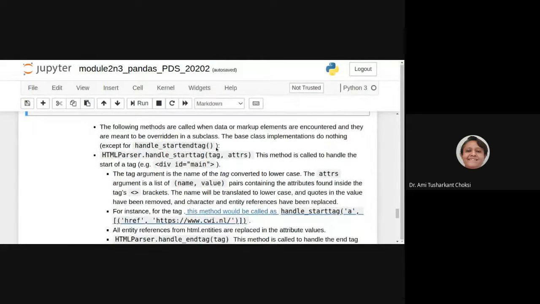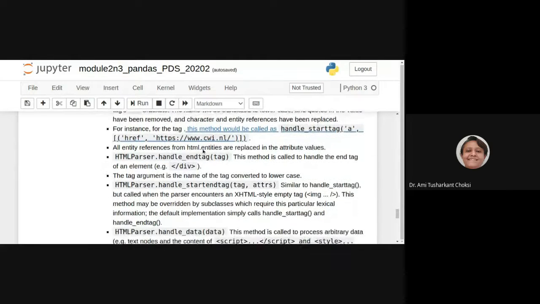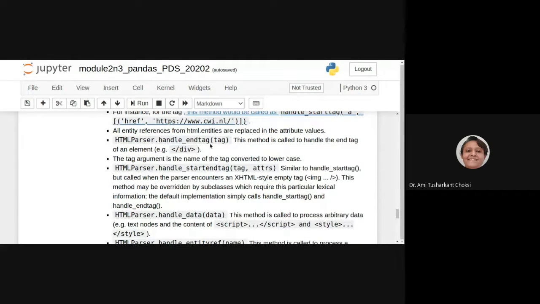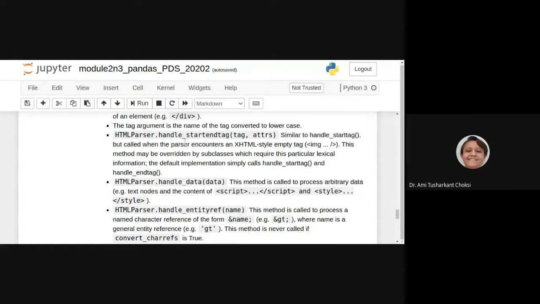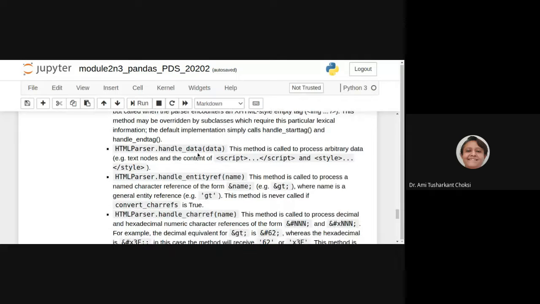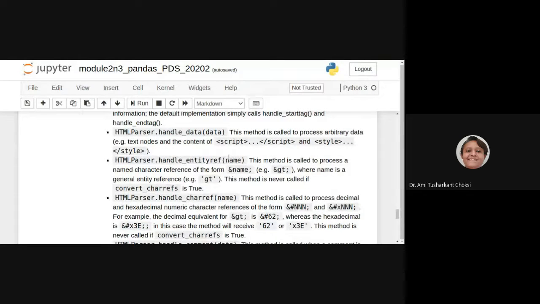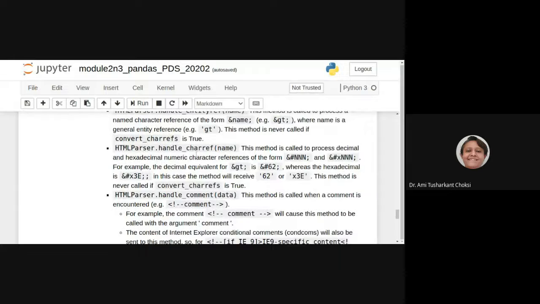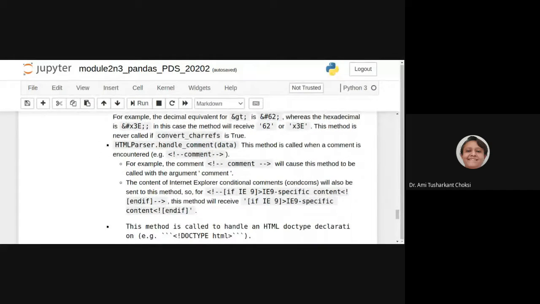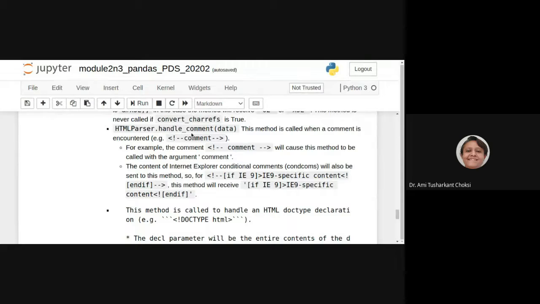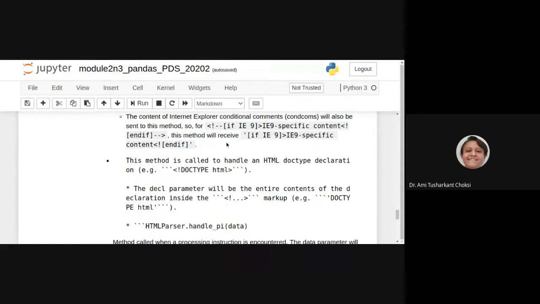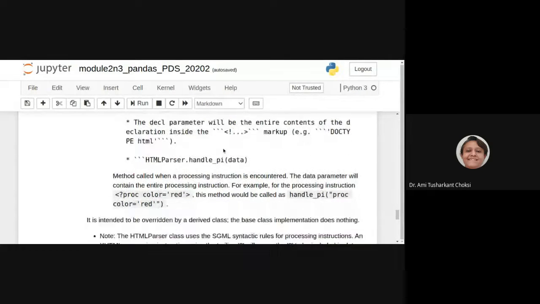We do have end tag, then we can say handle end tag, handle start tag, handle data, handle entity reference, handle character reference, parser.handle comment. We want to consider the start tag. We want to consider end tag. We want to consider the entity, right? So this is what we want to consider.